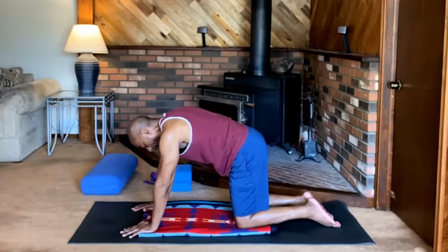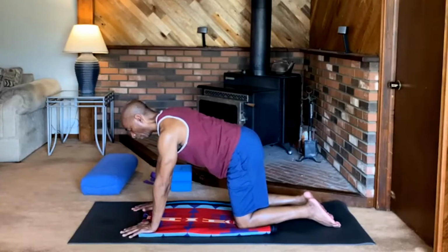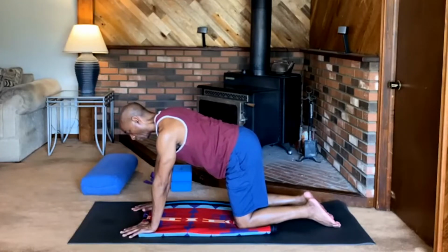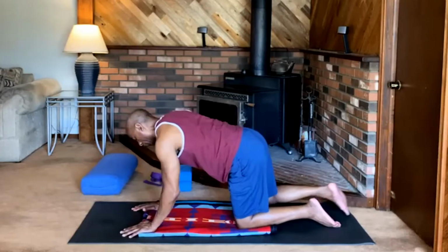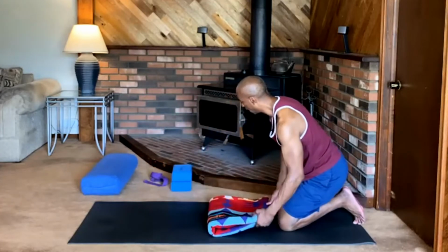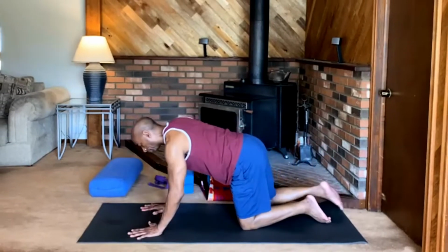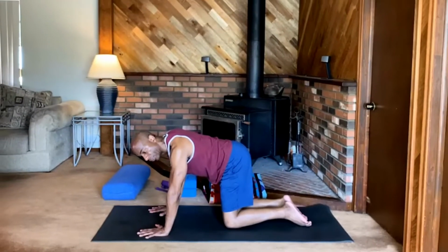And when you're complete, just come to a neutral tabletop position. Your gaze will be downward right between the hands, so your neck is nice and long and it's straight. Now if you are using some padding for your hands and knees, go ahead and crawl off that pad and just set it to the side. Let's come back out to this tabletop position and get set up for our next pose, which is downward facing